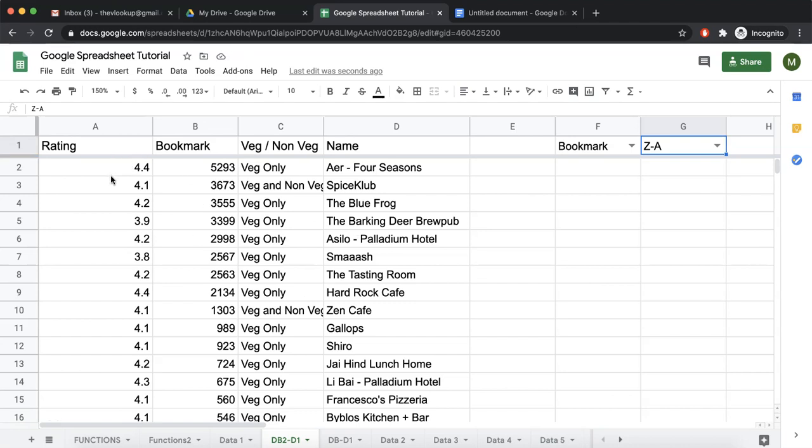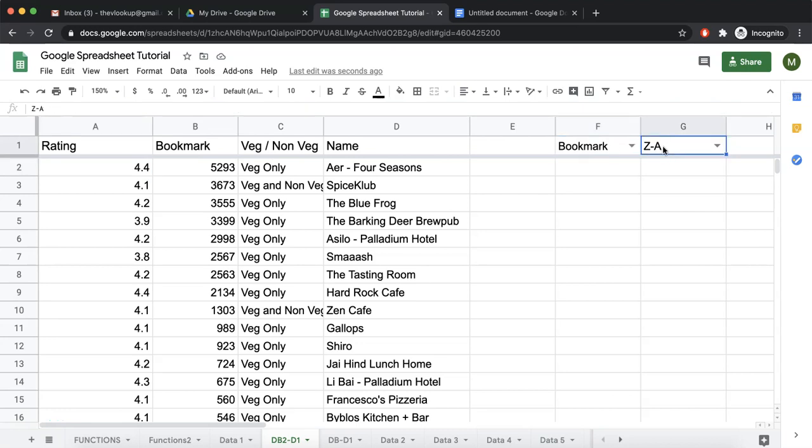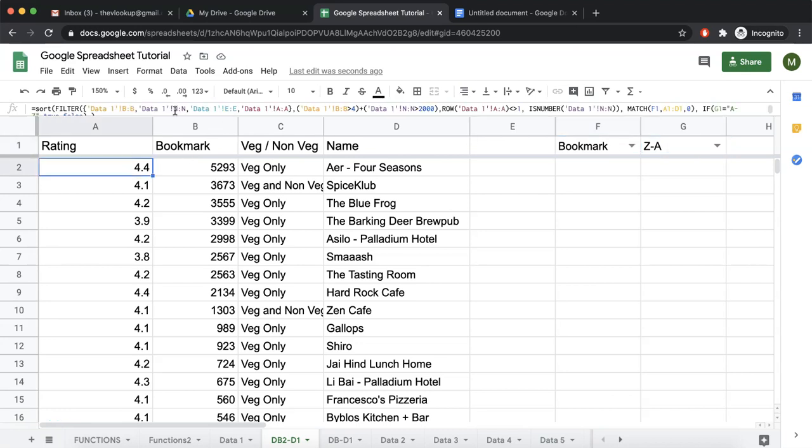Exactly a similar thing would be slightly difficult to do in Excel. You will have to use multiple tools, but in Google Sheets, we just have two places from where we select which column and in what order, and we have one function and everything is done. So again, go back to your data set, do all the things that we did. In fact, do something extra, try to experiment with filter and sort.